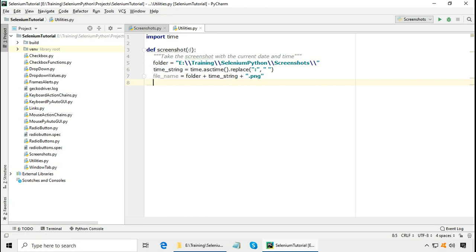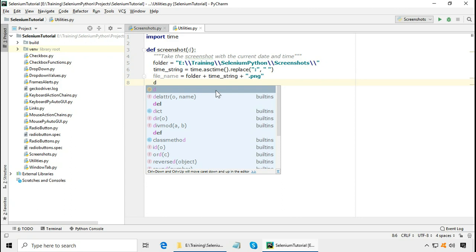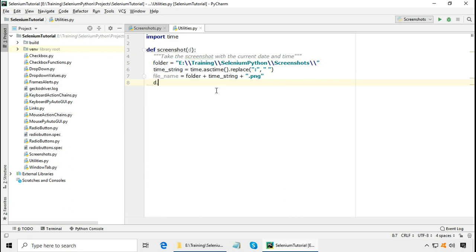Now WebDriver screenshot Python. WebDriver has a method called save_screenshot, and it requires a single argument which is the file name. This is for Selenium Python screenshot as PNG.